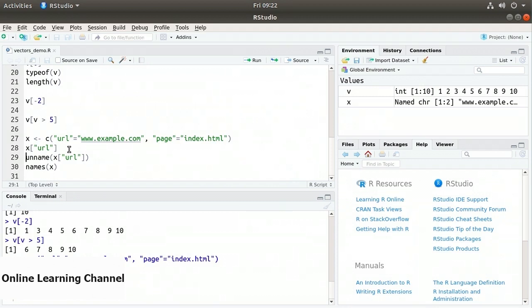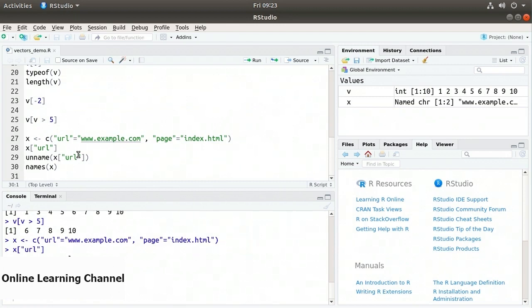use the unname function. So on line 29, I have unname, and in parentheses, I specify the vector x, and in square brackets, the string url. So this will just return the value from the named vector. So if I run line 29, it just gives us the string